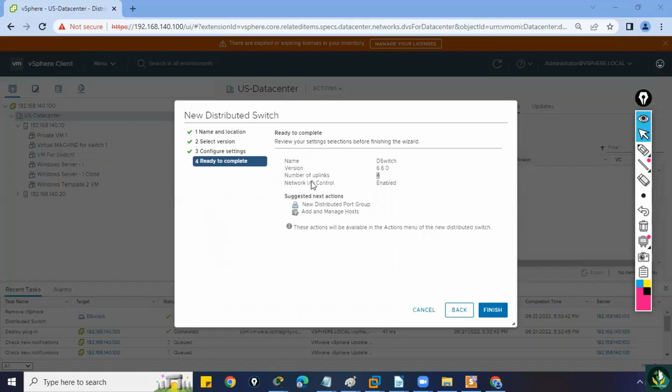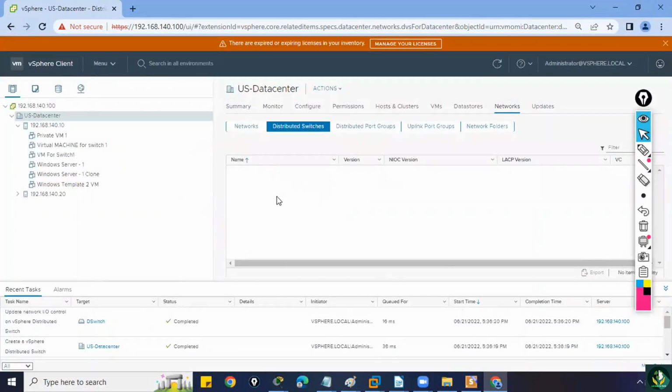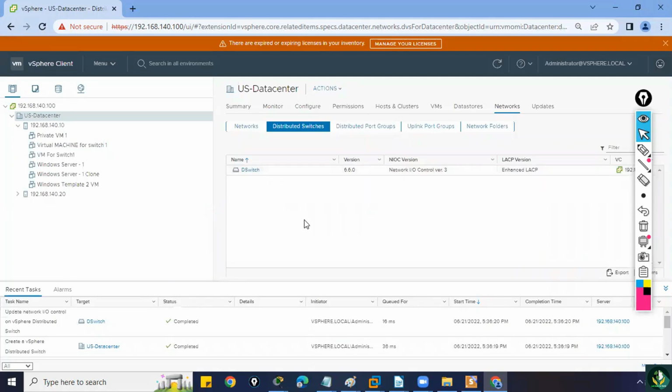So we are okay with the settings. We'll click finish. This distributed switches option is empty here because we have not created any distributed switch yet. So it is created now. If you click this distributed switch,